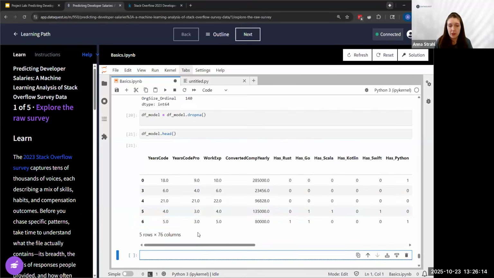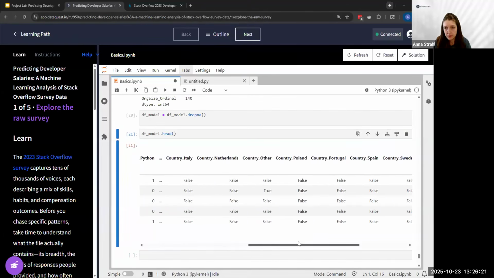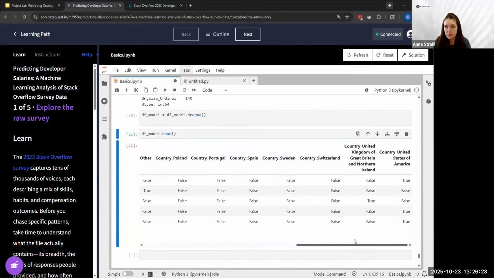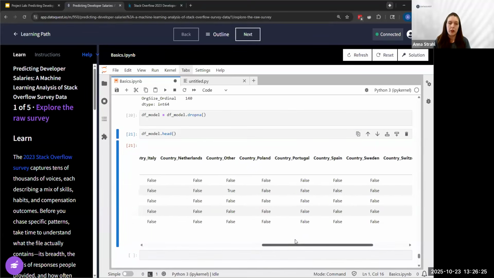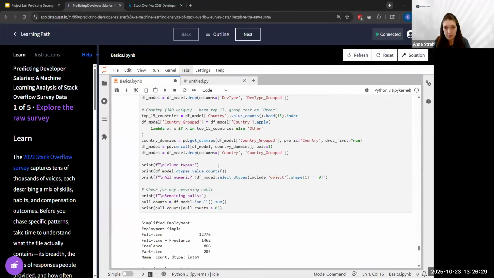We're going to look at the head of our data frame. Yeah, country. So we use the get dummies method on our country column here.